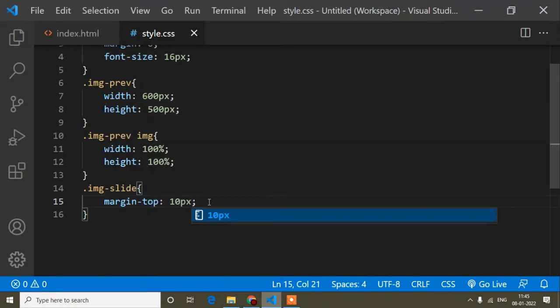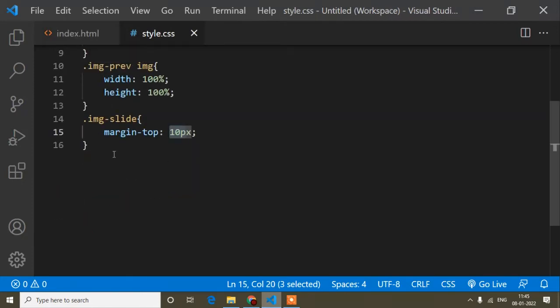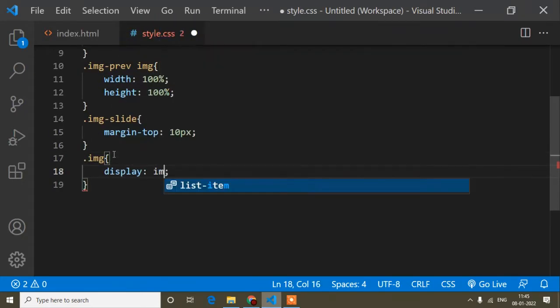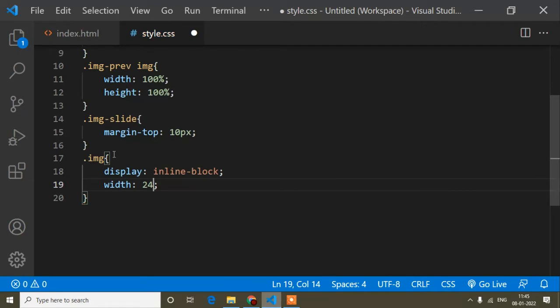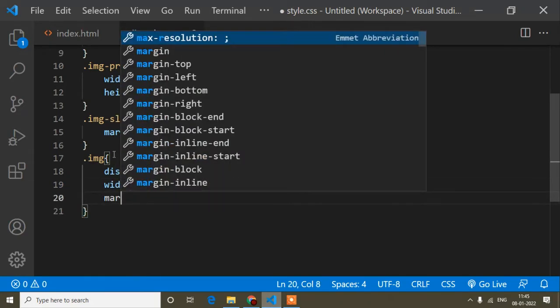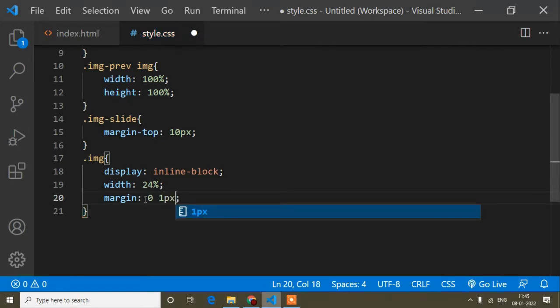Now I will copy this image class and paste it here, and write display inline-block, width 24%, and margin 0 and 1 pixel. That means top and bottom are 0, and left and right are 1 pixel.